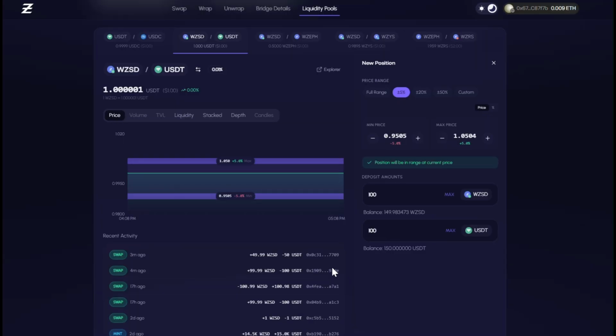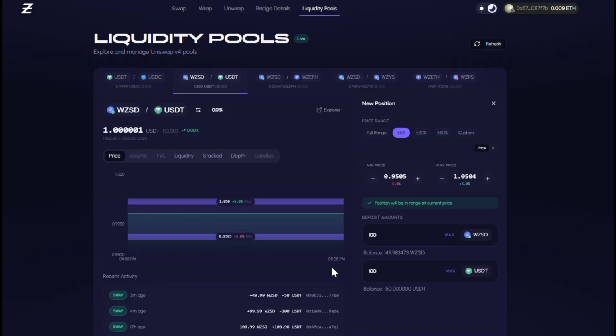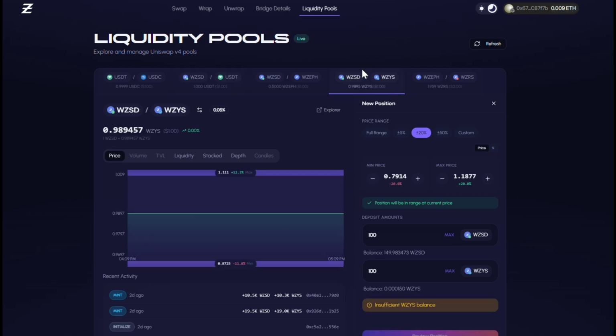from adding liquidity. And of course, the more liquidity that's there, the easier it is going to be for people who might be ETH whales or have a lot of USDT on Ethereum, and they'll be able to move into wrapped ZYS, for example, with quite a bit of ease. So one thing maybe to note, and I've talked about this in other videos, is wrapped ZYS is only going to be paired with wrapped ZSD, and that's actually a very good thing because then people basically will be swapping